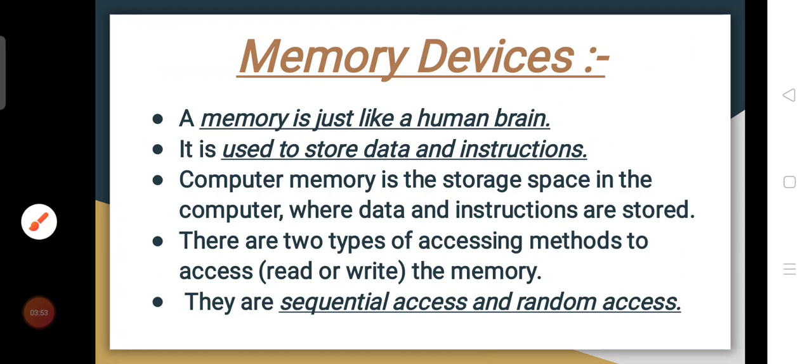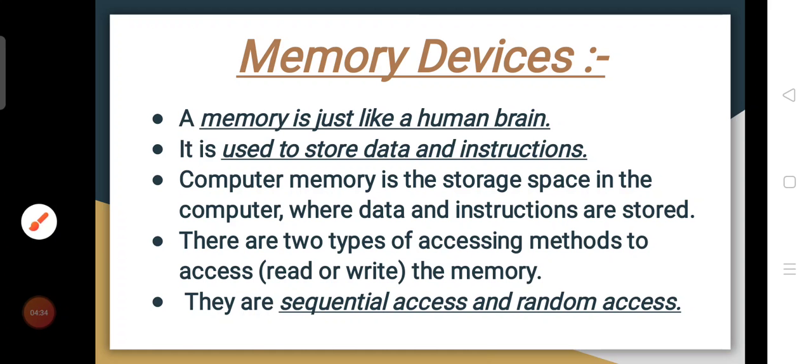And then the next topic is the memory devices. We are seeing under the third chapter, computer organization, how the components are arranged in the system, and what the various components available under the system are. Here our memory device is nothing but similar to our human brain. We store many things in our brain, and whenever there is a need you can get it, no? Sometimes we may forget, but the system won't forget. It will always store and retain whatever data you store in the memory.